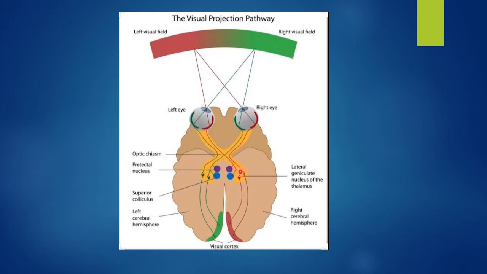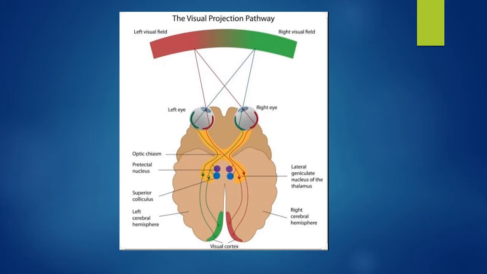Now the optic tract consists of nasal fibers from the opposite hemiretina and temporal fibers from the ipsilateral hemiretina. These optic tracts continue posterolaterally on each side of the midbrain and reach the lateral geniculate body. Now the lateral geniculate body is actually a nucleus of the thalamus and consists of nerve cell bodies. Most of the fibers synapse here, while a few fibers reach the midbrain and terminate in the nucleus of the superior colliculus